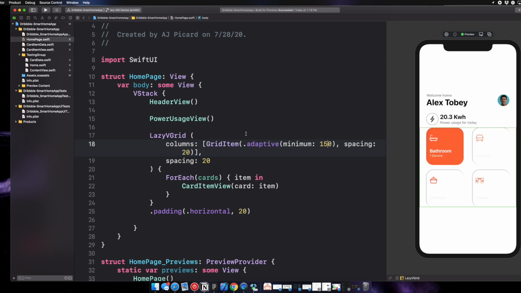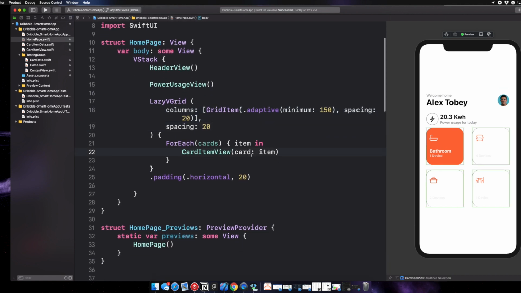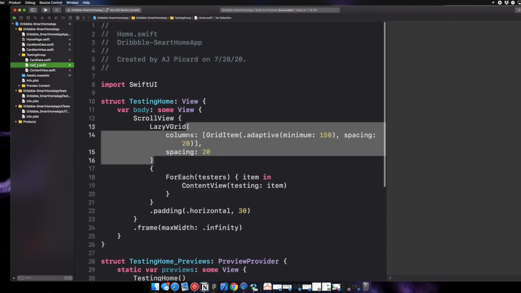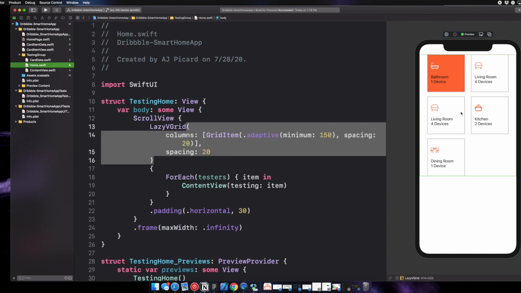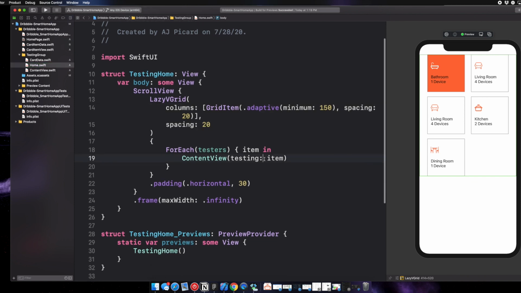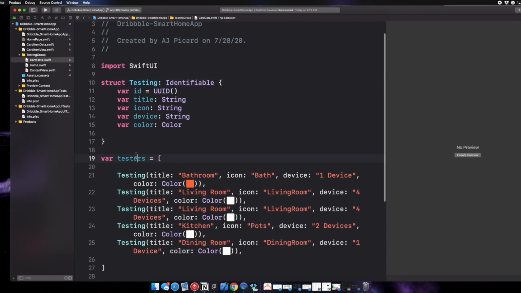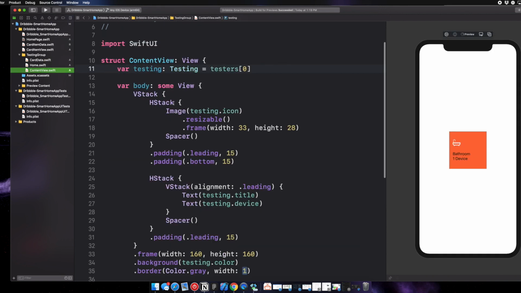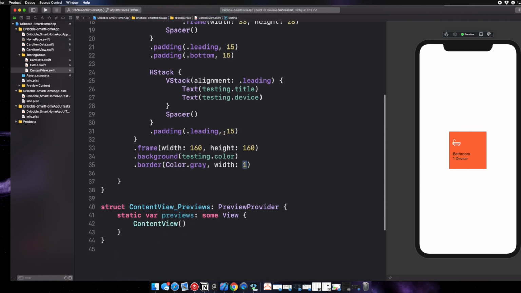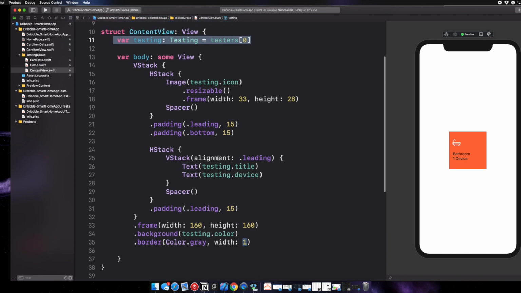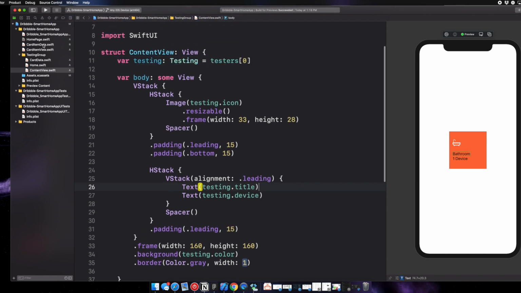And now what I'm trying to do is get these backgrounds like this, right? So what we got to do is look at the data. So we have testing, we have testers, right? So this is card data, testing, testers, right? And we go to this content view. We're calling everything correctly. And we also have to change, we didn't stop. So we also have to add stuff to our data, right? So actually,